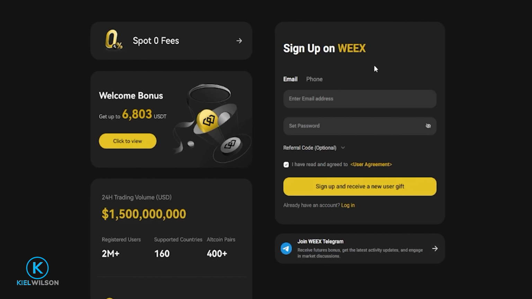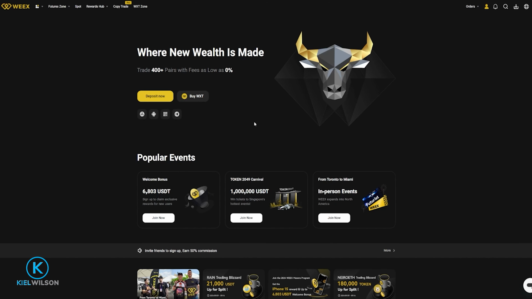When you're ready to create your account, you can do that by using a phone number or an email. Come up with a good password, make sure to read through the user agreement. If everything looks good to you, just click right here on sign up. And here's the home page of the exchange once you've created your account. Now, if you're not already on this page, you can get here by clicking on the WEEX logo top left-hand